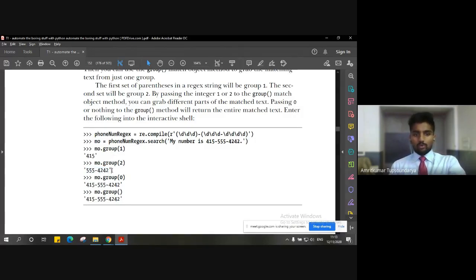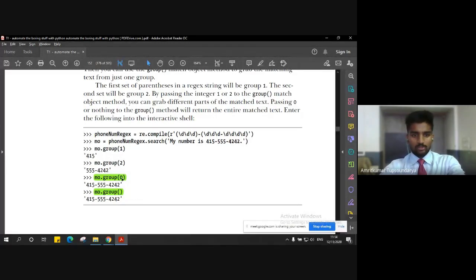And when we don't want to give output as any particular group, we want to have the complete matched pattern, then we can simply give mo.group, that is as good as the whole output including all the groups, or you can simply give mo.group 0, right? So it will actually mean the same.